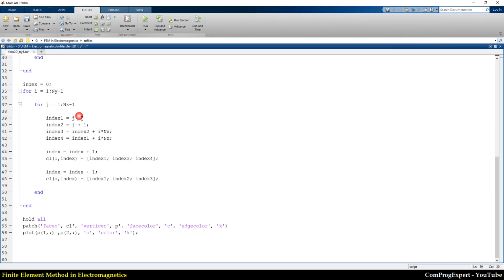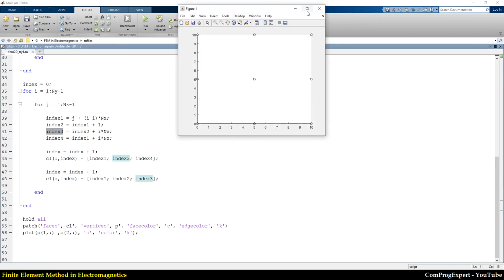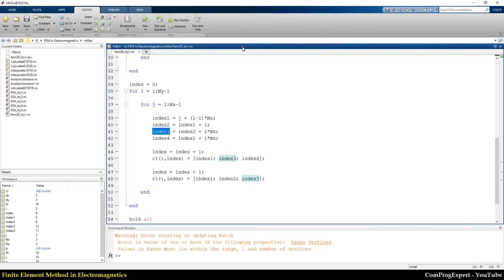Here I should write i minus 1, and this is index 1 plus this. Right. We can also write index 3 and index 4. So if I run the code,